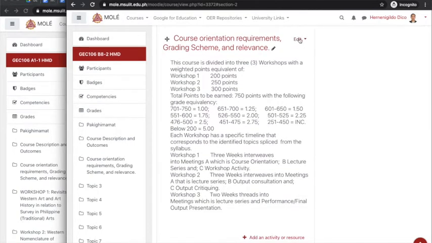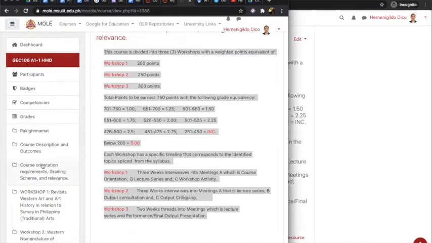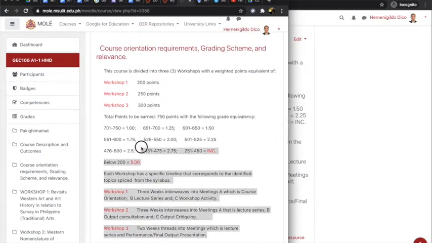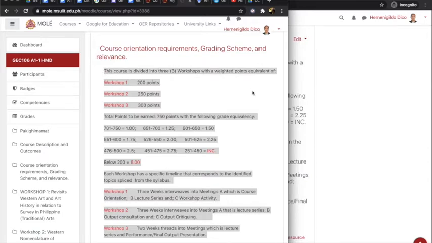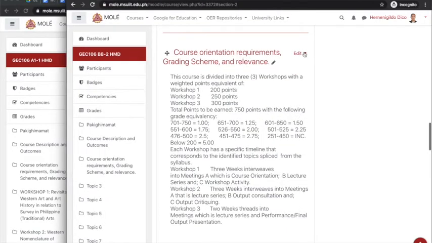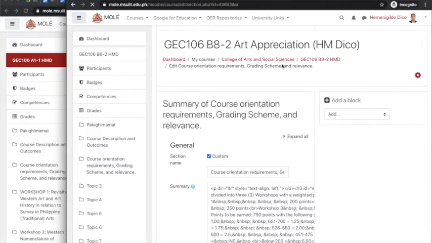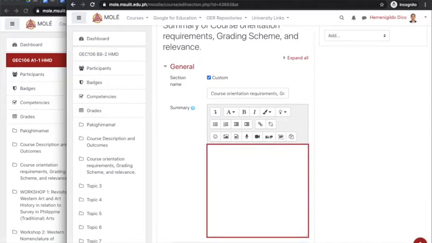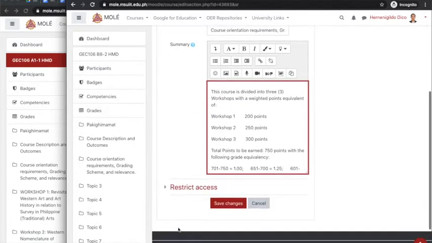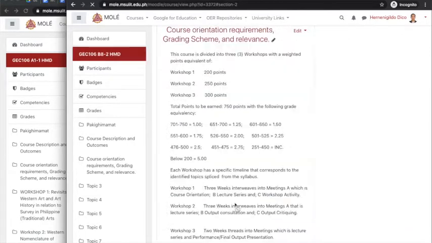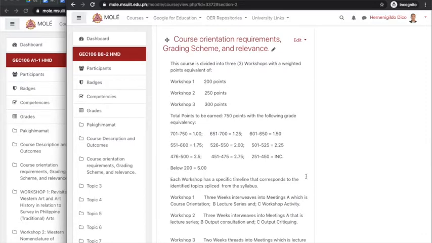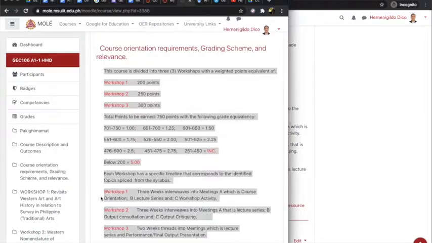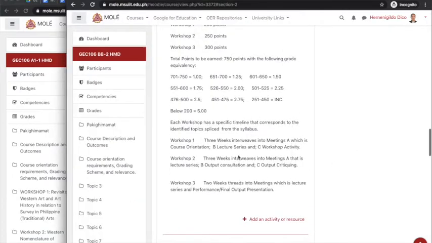I think this is not the right format. So I have to delete this one and okay. So I think this is the correct format now. So yeah, that's similar format, except that